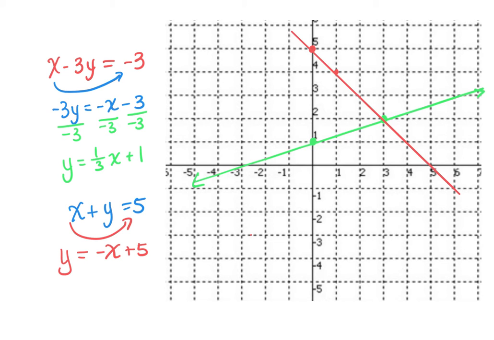you can see they cross each other at the point 3, 2. And so right here is where those two lines cross. All right. And so that's what we're actually going to be doing today. We are going to be solving what's called systems of equations using our graphing skills that we did in the last chapter. So if you look at page 278,